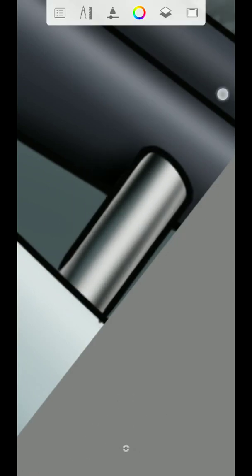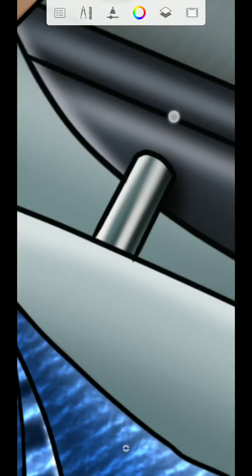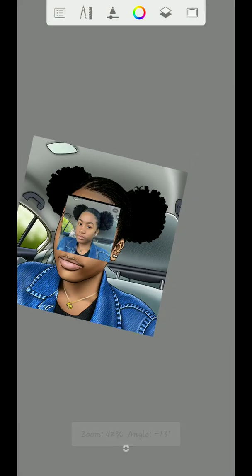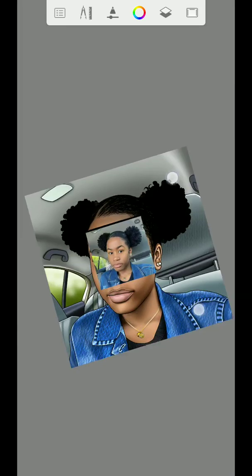Then you can use the smudge brush, take the flow to 1%, just to make it look smooth. So once I'm done with that part,